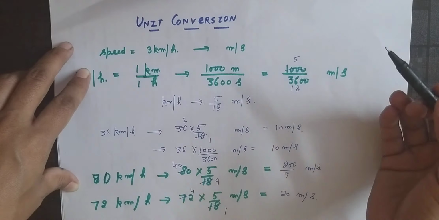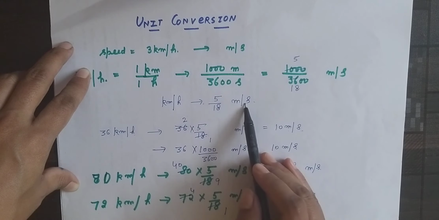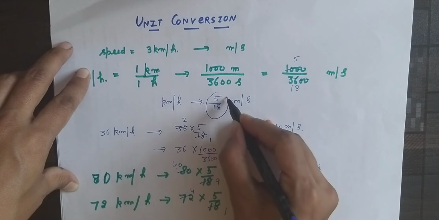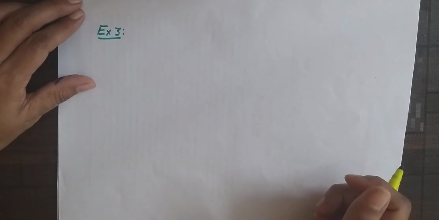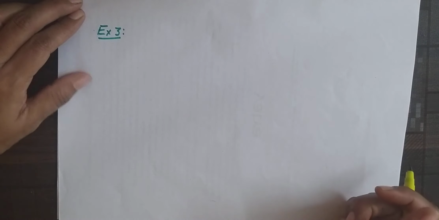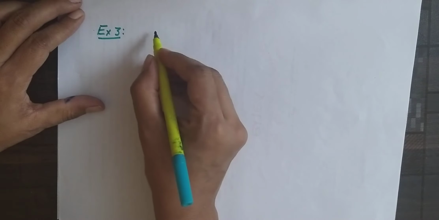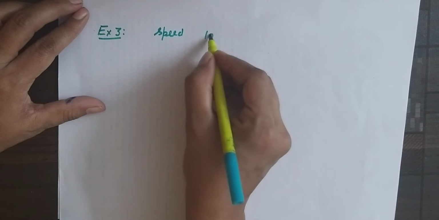Again, I am telling you that you just have to remember that while changing from kilometer per hour to meter per second, just multiply that term with 5 upon 18, right? So let's see where this unit conversion will be helpful for you. Suppose I am taking another example. Let the speed of an object be 10 meter per second